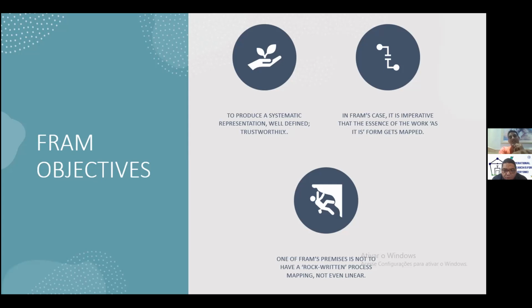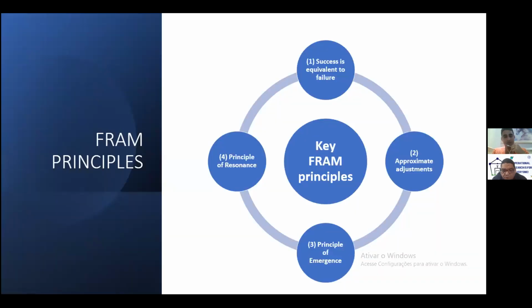It just means that it's connected to the whole system, which is a very good thing for people who want to double-check safety systems and resilience, because lots of things in the systems impact several processes. It's not just one thing, it's lots of things. So it's how systems behave between themselves. This is a very mind-blowing statement that FRAM brought into play. So FRAM has four key principles. The first principle is that success is equivalent to failure.